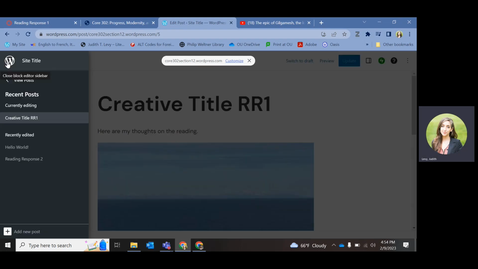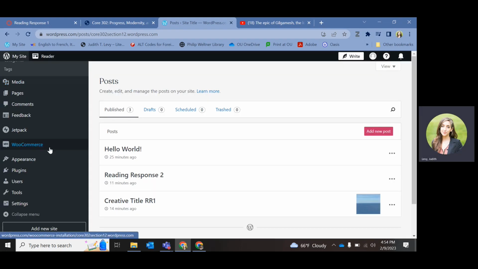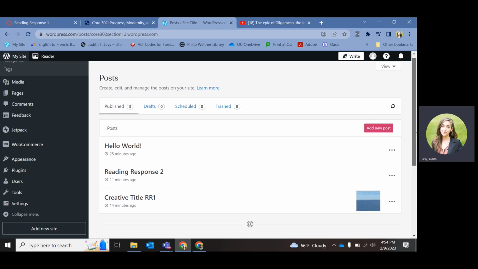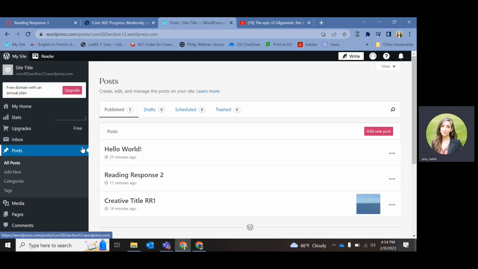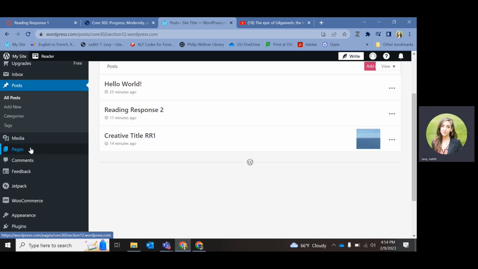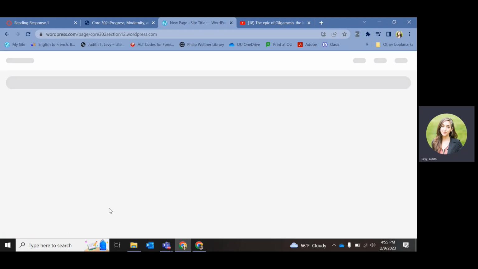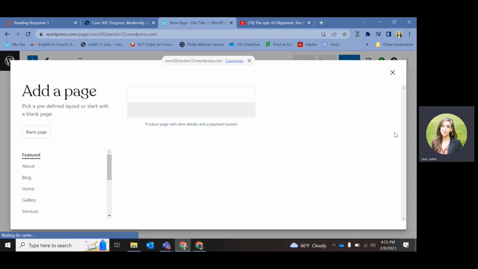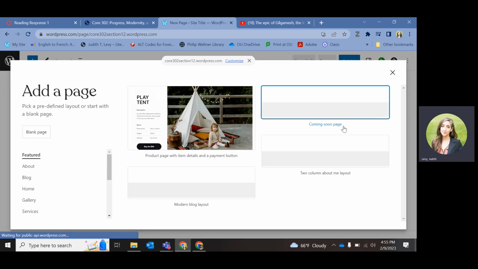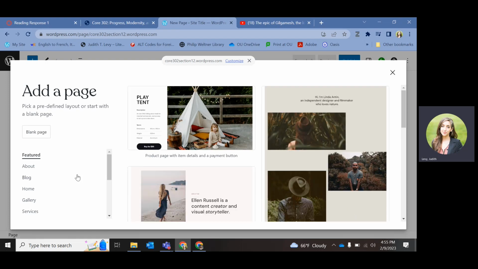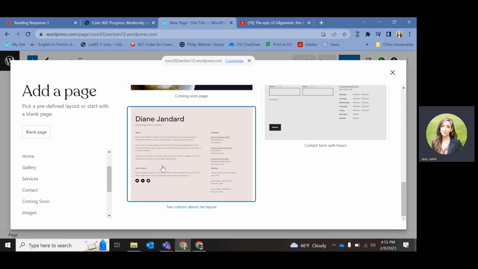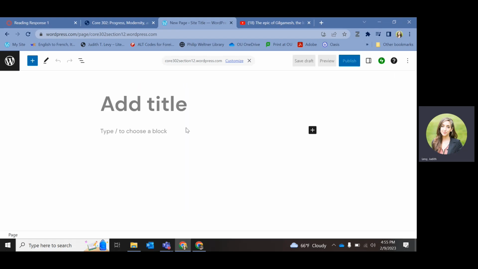Okay, cool. So if we go back into posts, as a reminder, posts will be the reading responses. Sorry, it just got frozen. There we go. Posts will be your reading responses. Pages will be all of the other assignments for the semester. And the cool thing is if you go to pages, pages function just like posts. So it gave us this home page. If I hit add new page, it literally is the same builder, but it will start by giving you an option to create different templates, like different layouts. So you could browse these layouts if you want something slightly different, but you could also just skip it for the time being and